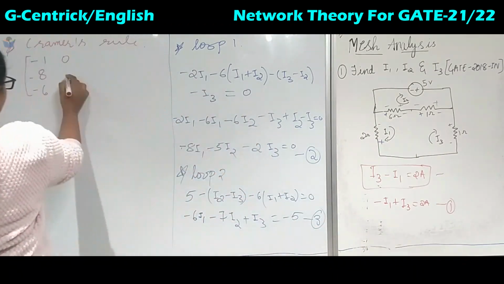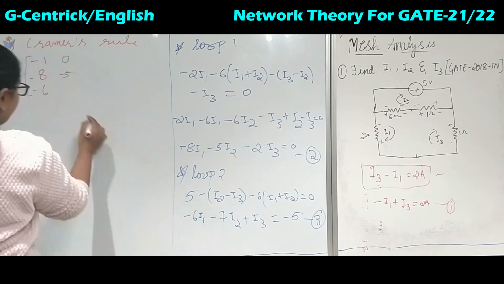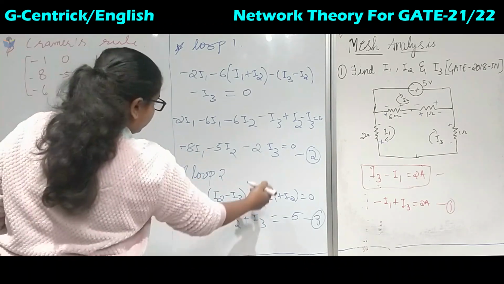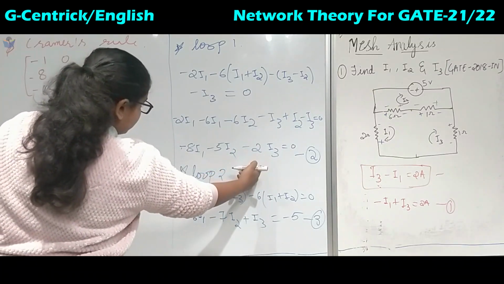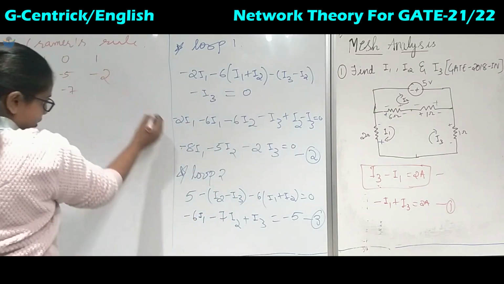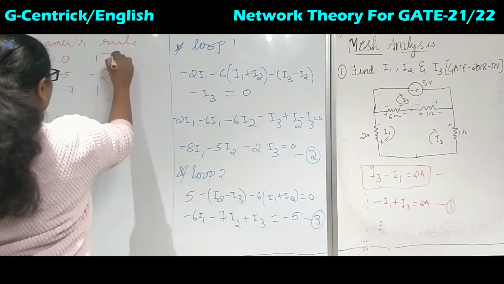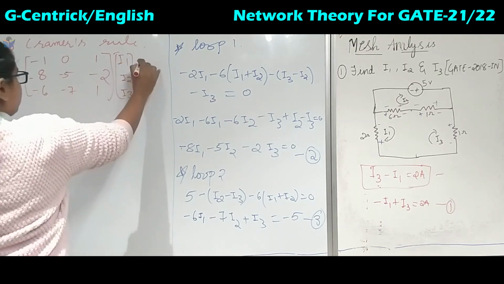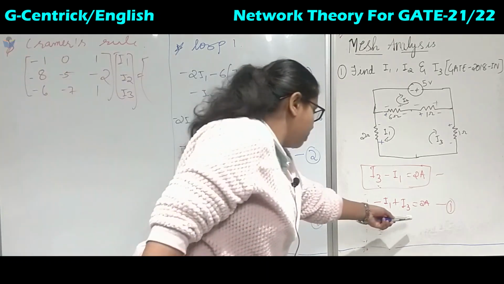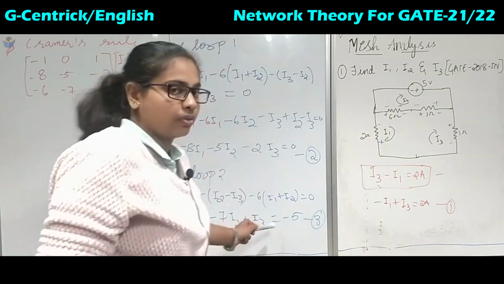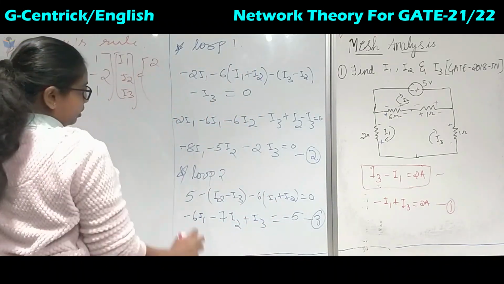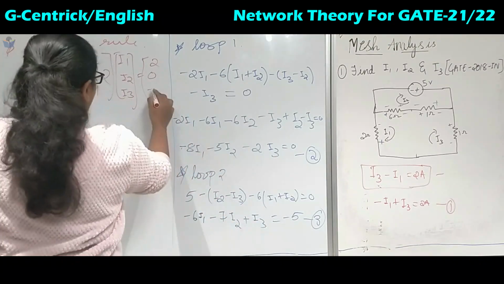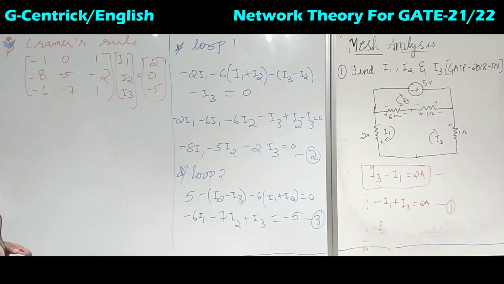Here it is minus 5, then here it is minus 7. I3 is 1 and I2 is, okay, sorry, in this case equation to I2 is minus 2 and here it is plus 1. So this is nothing but I1, I2 and I3. So this will be equal to 2 amperes, 0 ampere and minus 5 amperes. So sorry, 2, then here is 0 and minus 5. So this is the matrix for this one.